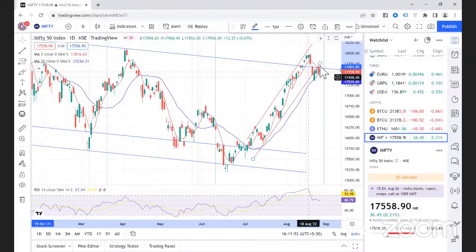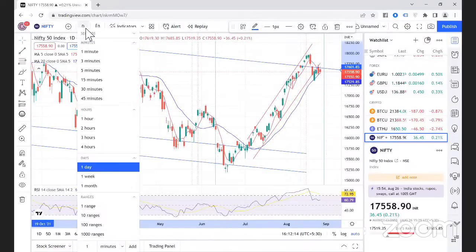Now we have seen the gain levels: 17,556, 17,756 and 17,227. We need a move either above that or below that. Until then, the markets will be badly stuck in a range. So in such a case, we have to make money by selling options as long as it is stuck in the range. If 17,340 breaks, why can we expect a crash to happen?